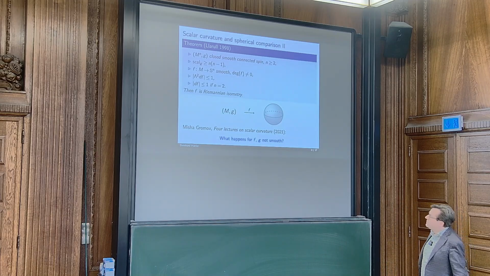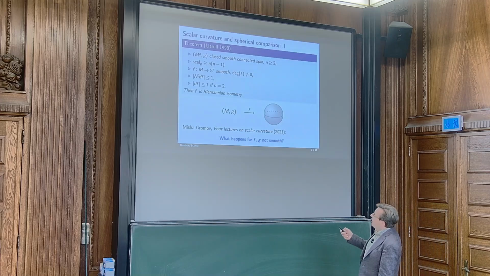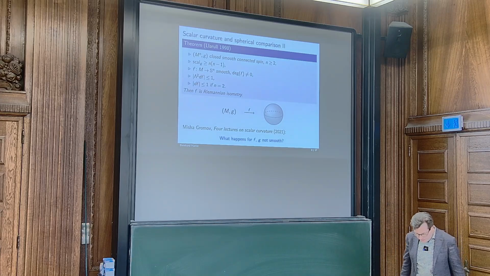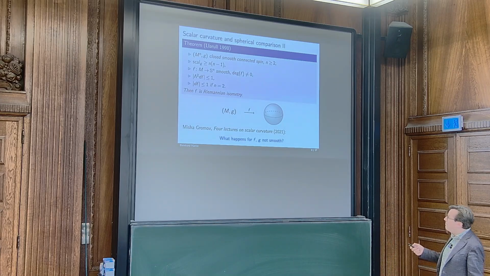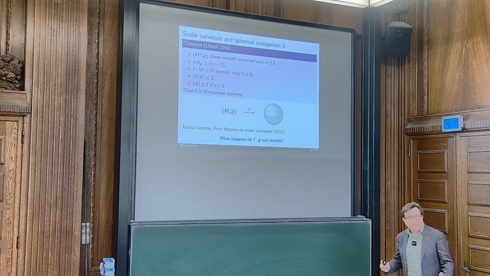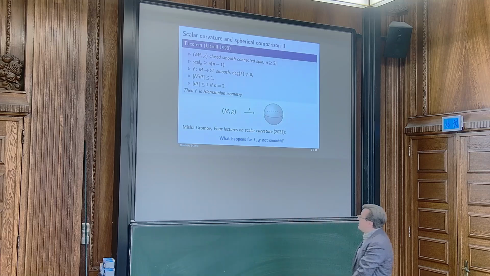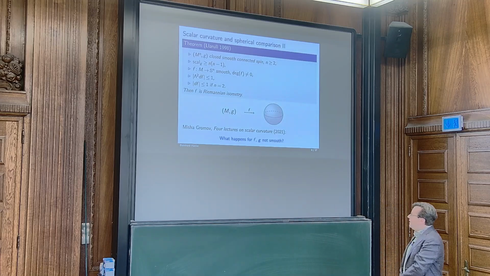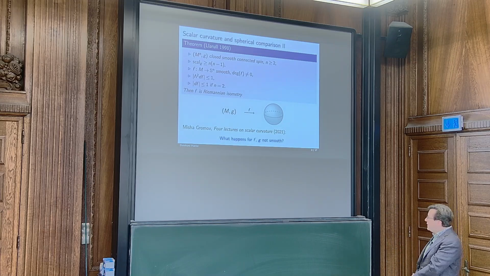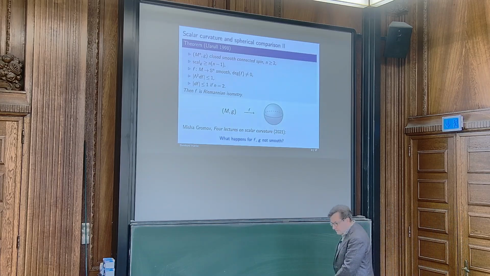So scalar curvature is a rather weak curvature condition, and then we have this comparison map F whose differential satisfies some norm condition, and then this M has to be the sphere actually, and the map F is an isometry already. This is quite remarkable, and so this theorem has been the starting point for many developments in scalar curvature geometry and also recent ones. In particular, Misha Gromov asked in his 4 lectures on scalar curvature from 2021